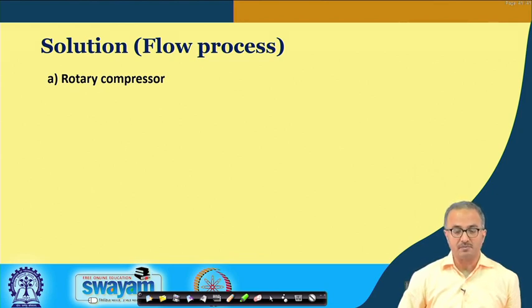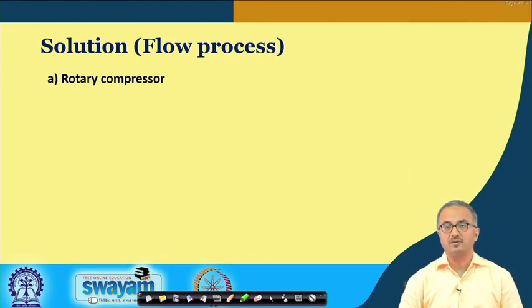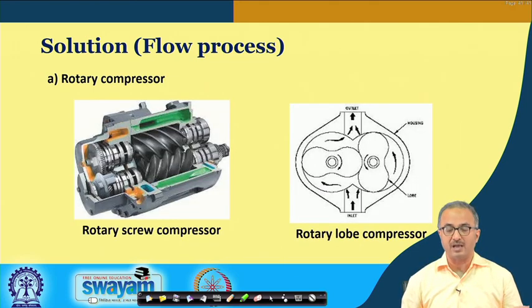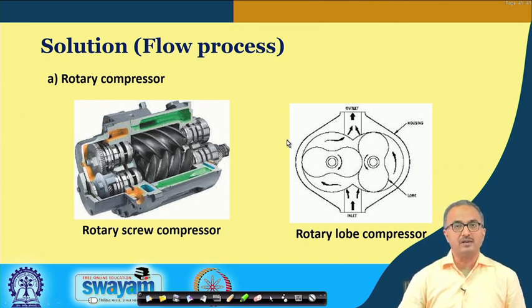Now, first let us go to the rotary compressor. You know that there are various kinds of compressors, rotary, centrifugal, etc. The rotary is one of these positive displacement compressors, and here I am showing some figures of two types of rotary compressors. One is the screw compressor and another is the lobe compressor. I will not go into the detail of their working because these are generally dealt with in separate courses on fluid moving machinery, pumps or compressors. Okay. So, here just for your knowledge I am showing you two types of rotary compressors.